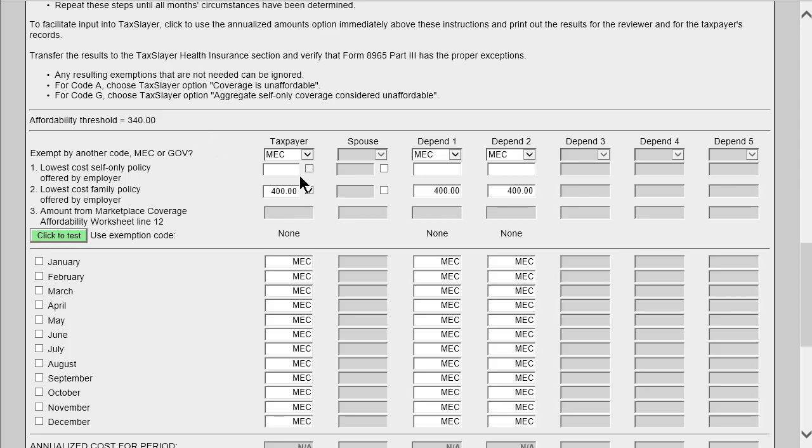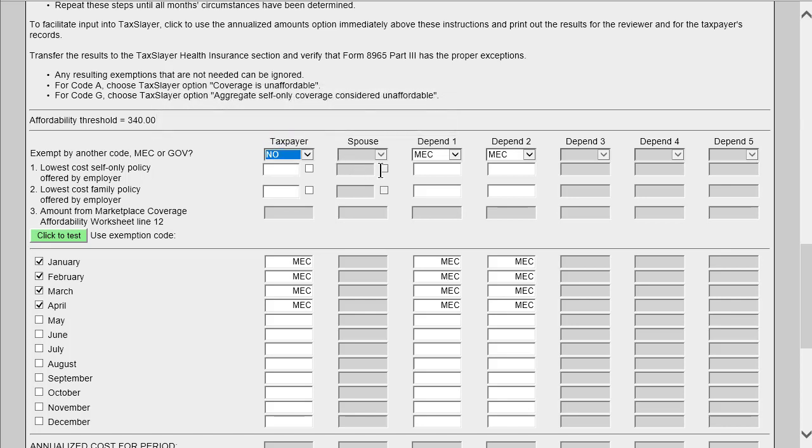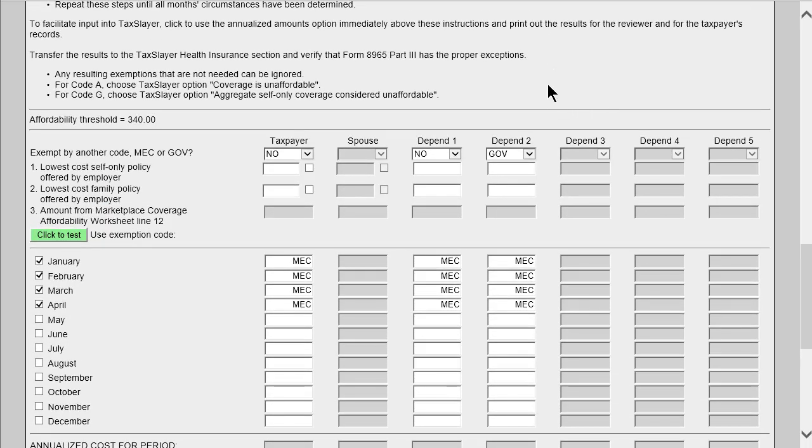Well, let's say that our situation that we just had held through April. So we want to hang on to that and not change that. But in May, this is when all this happened. The taxpayer lost their job, so they lost their insurance. Maybe they weren't insured anymore. None of the children were insured. And grandma moved in, and she could have been covered by Medicare, but whether or not she signed up or not, let's say she did not sign up, then we changed the situation to the current one starting in May, and again click to test,